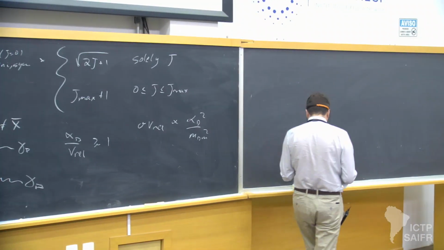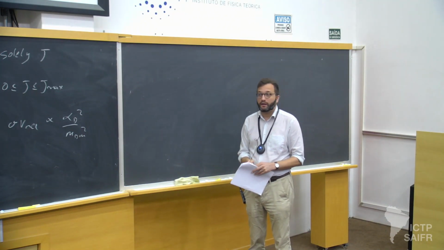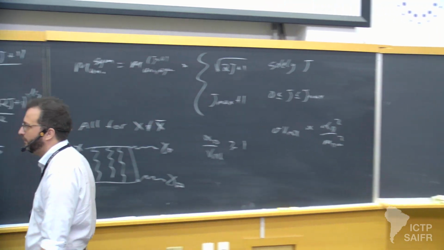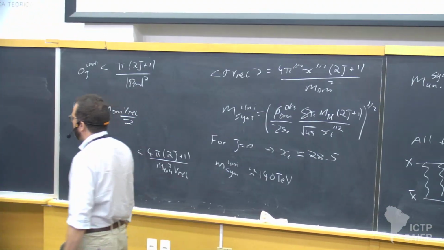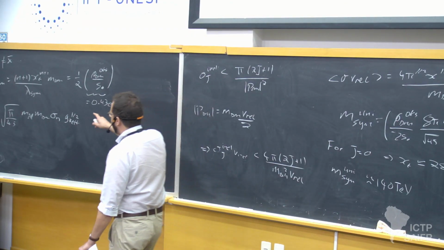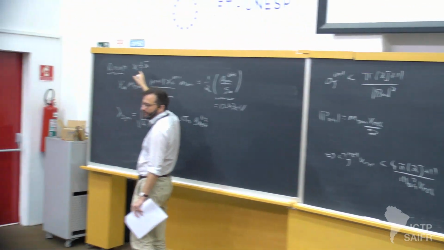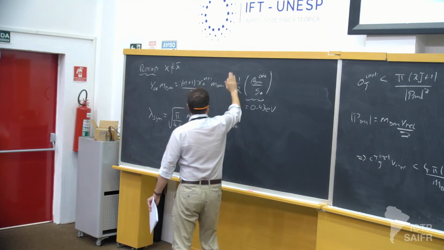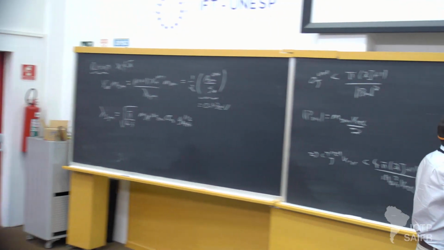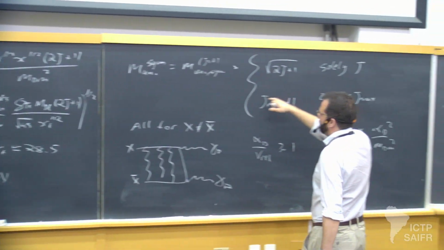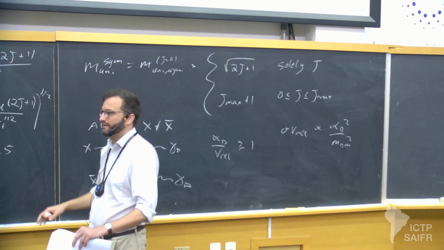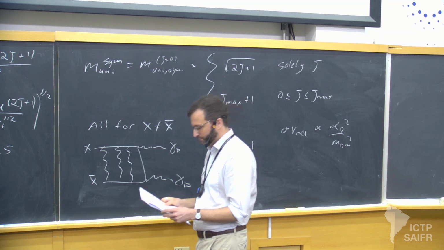Okay. Just to clarify, just a question. I'm a bit confused. You say x not equal x bar, is it relevant? Yeah. So what happens is if you have a Majorana particle or something like this, then you don't have this factor of 1/2, and then instead of getting 140 here, you get something like square root 2 times that. Okay. So basically, just a factor. Okay.